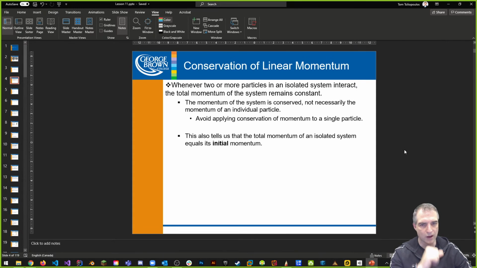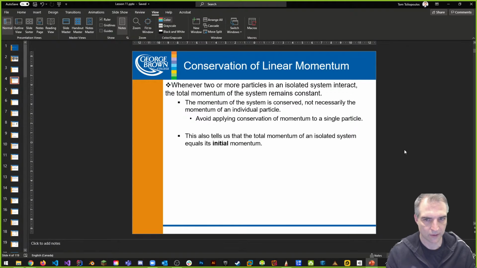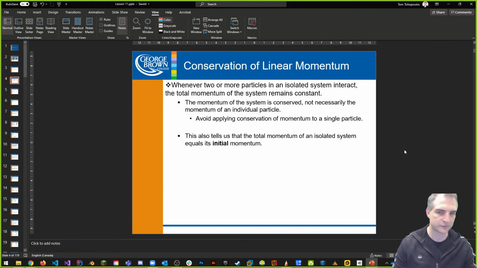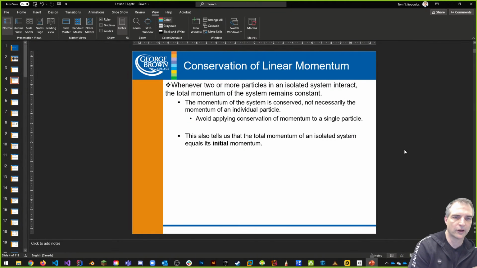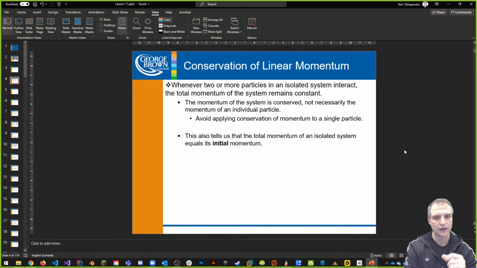So really what we were talking about last week was conservation of motion. We talked about the conservation of motion idea. And here we also want to talk about the conservation of linear momentum. Remember, can someone tell me the difference between momentum and inertia? We talked about these two concepts in the past, and I'd like to know from you guys, does anyone remember from last week the difference between momentum and inertia? Anybody?